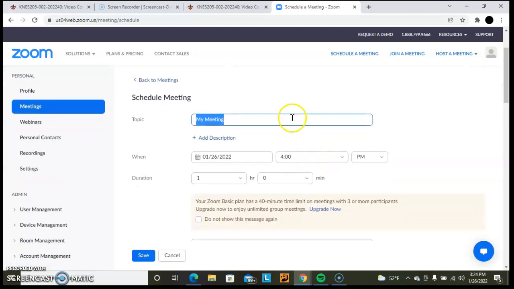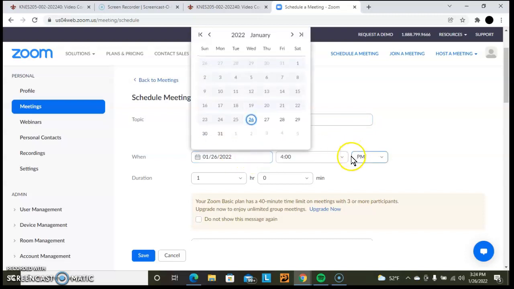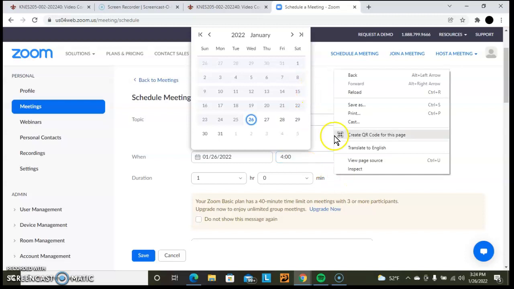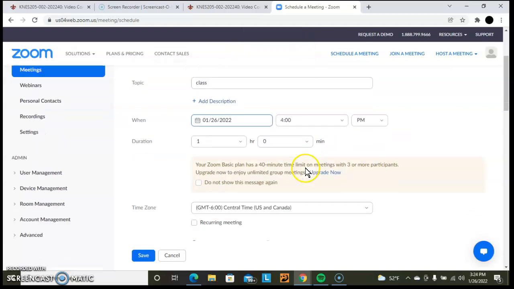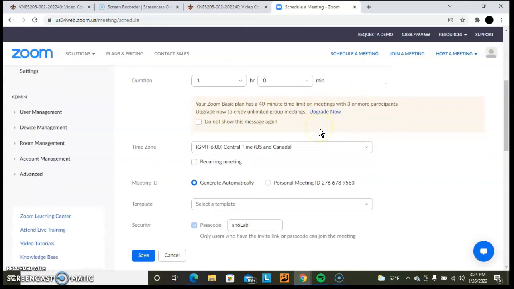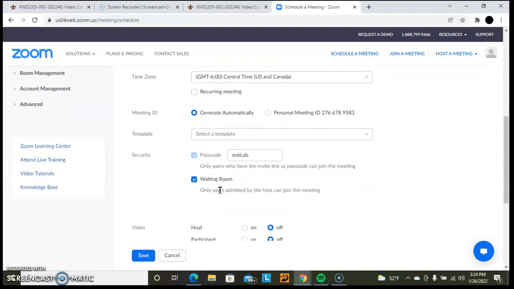All right, in order to schedule a meeting, give it a topic. Just call it class. That's it. Give it a date and a time, a duration, how long the class is going to last, time zone. The personal meeting, the meeting ID,